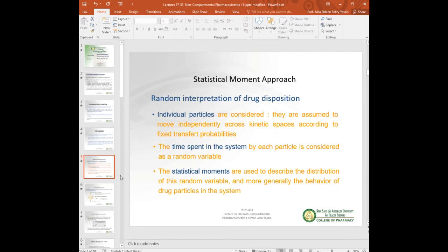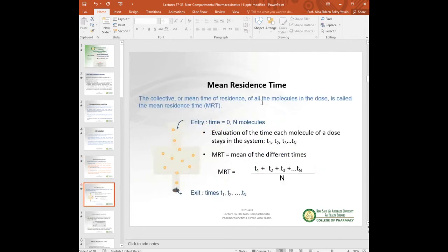So again, if we apply this to the pharmacokinetics of drugs, we will assume that the number of molecules N is the total number administered, which is the